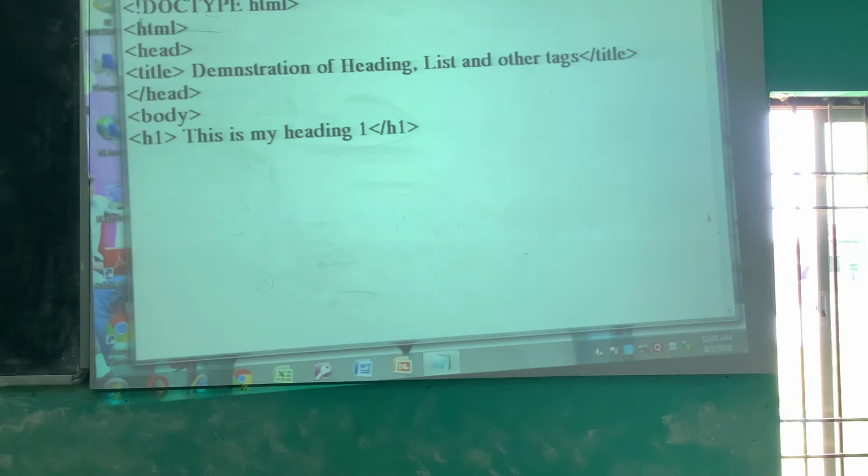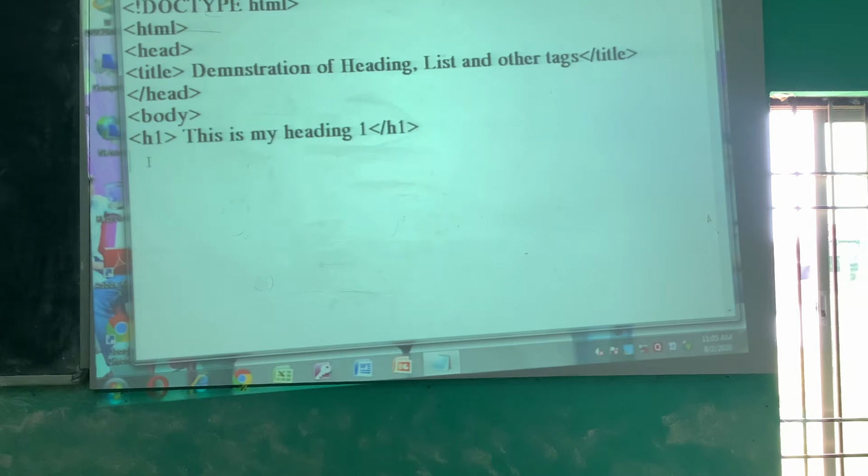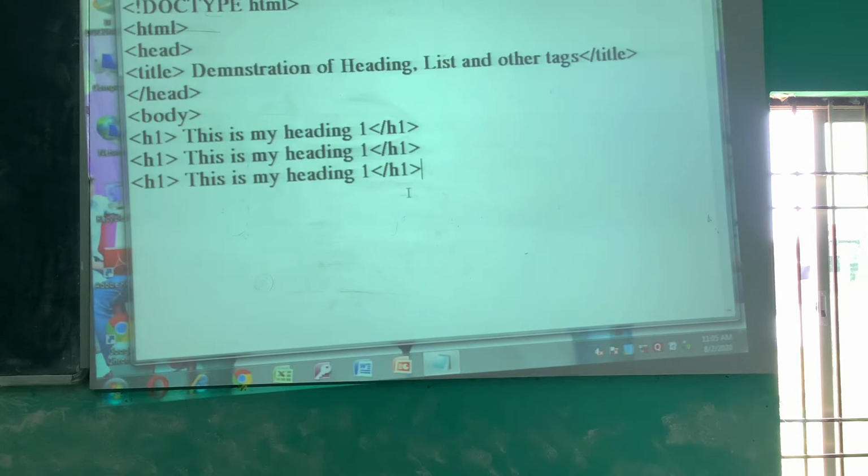How many types of headings are there? There are 6 types of headings in HTML. Just simply copy and paste it. There is no need to write the break tag at the end of each line.